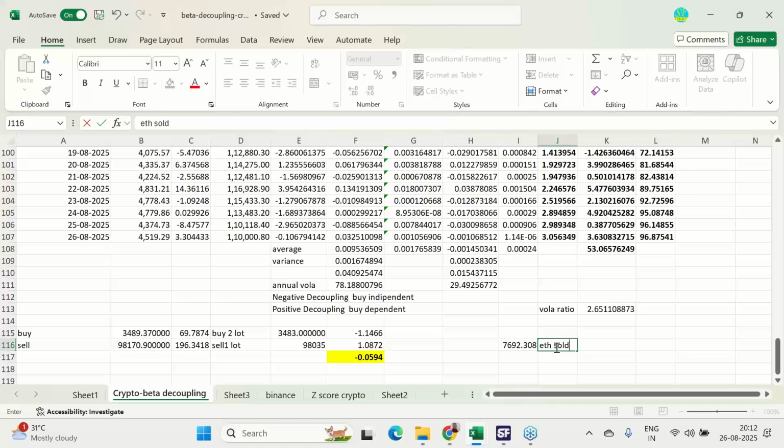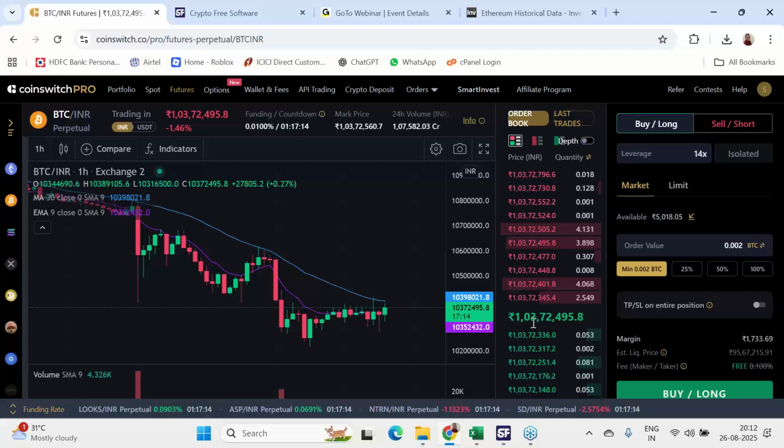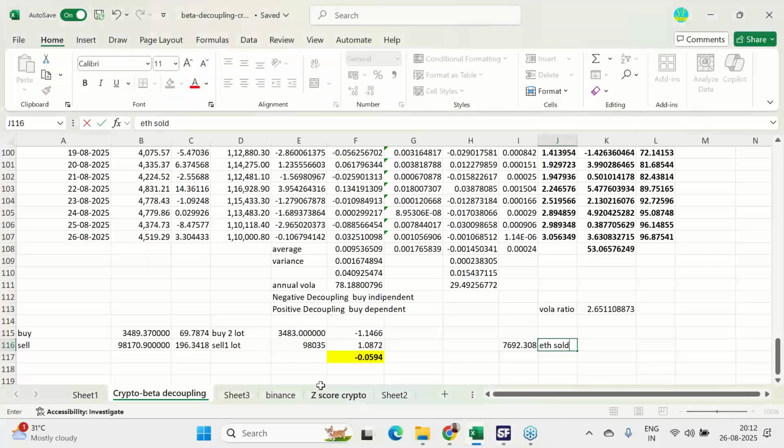If I buy 20,000 worth of Bitcoin, then I will be selling only 7,000 and odd worth of Ethereum to balance this and participate in the